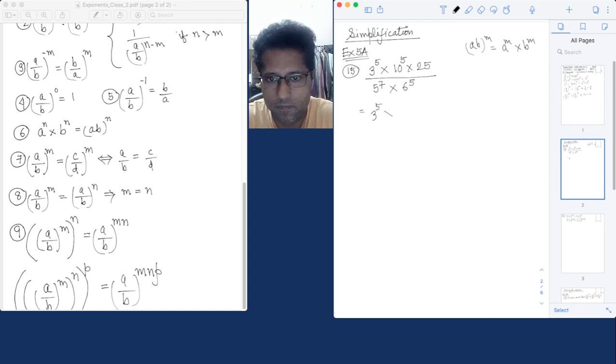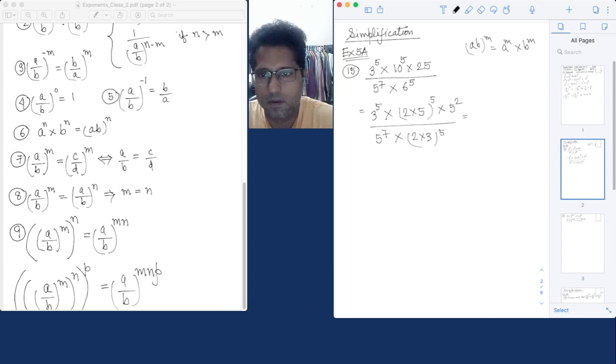so 3 raised to the power 5 is fine. Now 10, we know that 10 is 2 into 5, and we have raised to the power 5, and 25 we can say is 5 squared. So we have 5, this cannot be broken down further, and this 6 can be broken down as 2 into 3 raised to the power 5. Now this becomes 3 to the power 5, and using the law I have stated above, 2 into 5 whole raised to the power 5 becomes 2 to the power 5 multiplied by 5 to the power 5,